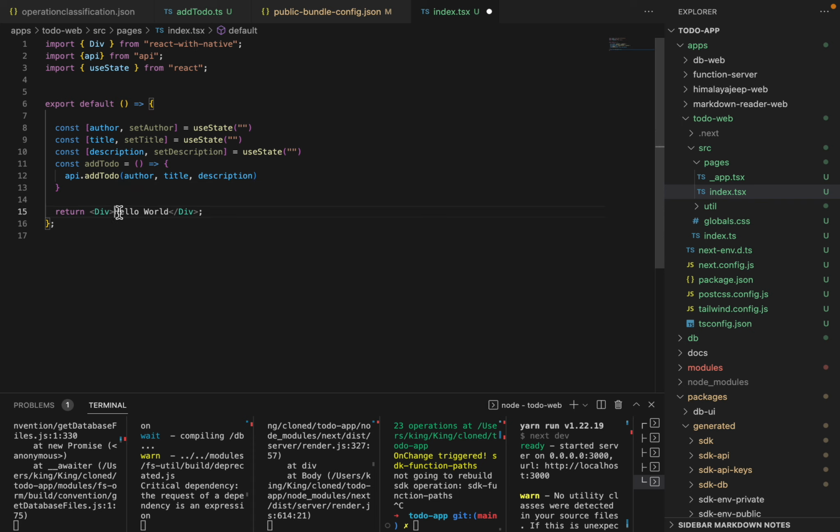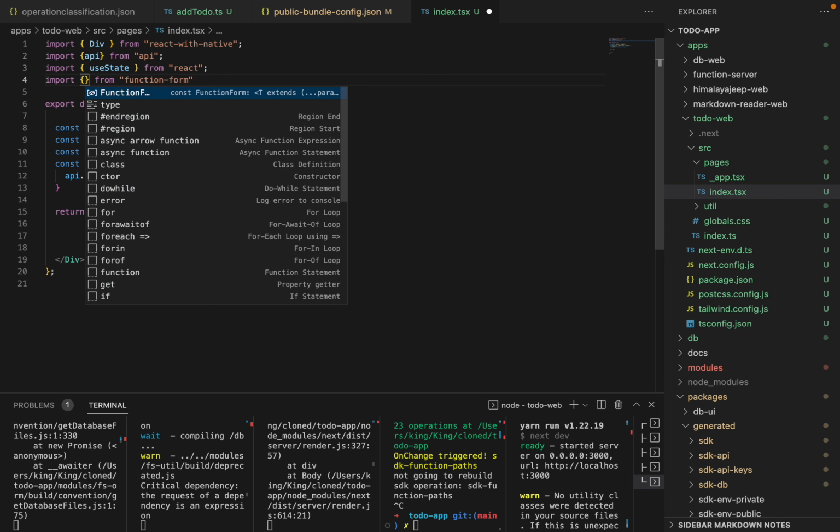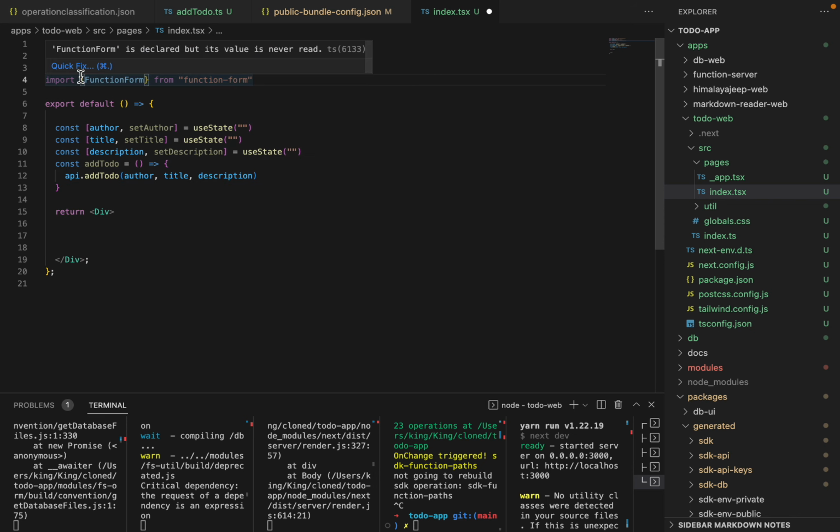So now the next step would be to create a little form. I could also, by the way, use something that's called a function form. But I'm not going to do that today because that would take away too much of the stuff that happens on the water, because this is a component that will automatically create a form for you for the to-do. But maybe we can do it after we do it ourselves first. So